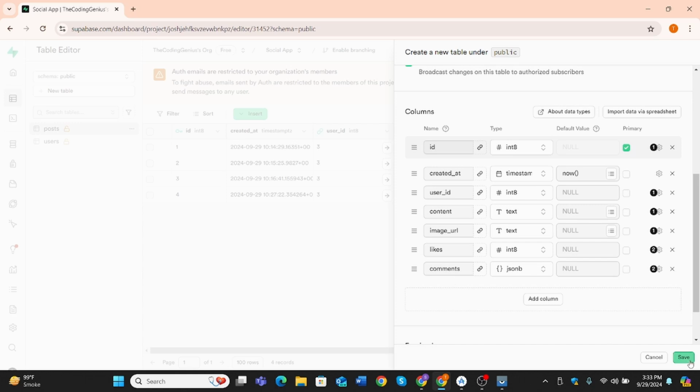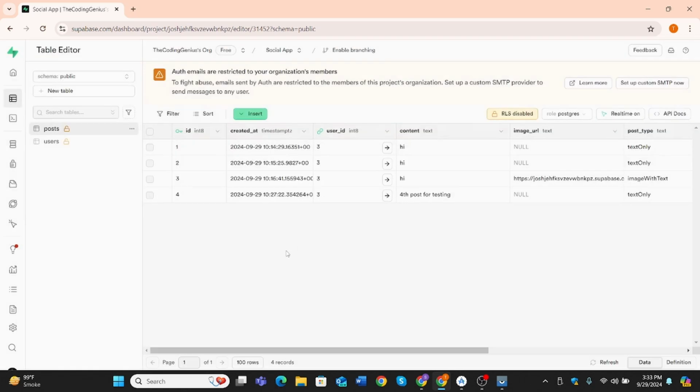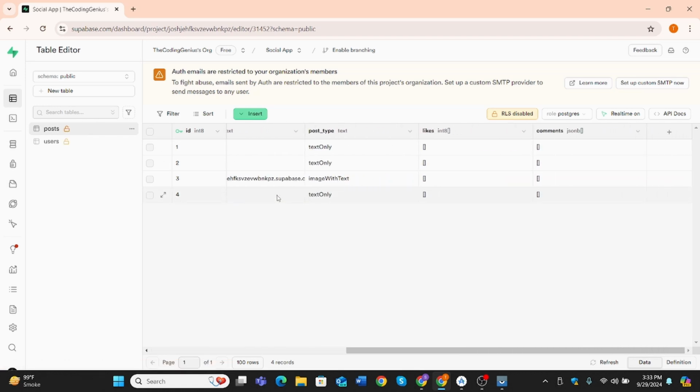Okay, if you click on this save, then it will create a table, and I have created this post like this. Here you can see our likes is int 8, and it is like our array, and I have added these two likes and comments using my SQL editor. You can also use your SQL editor to create this posts table, but I have created